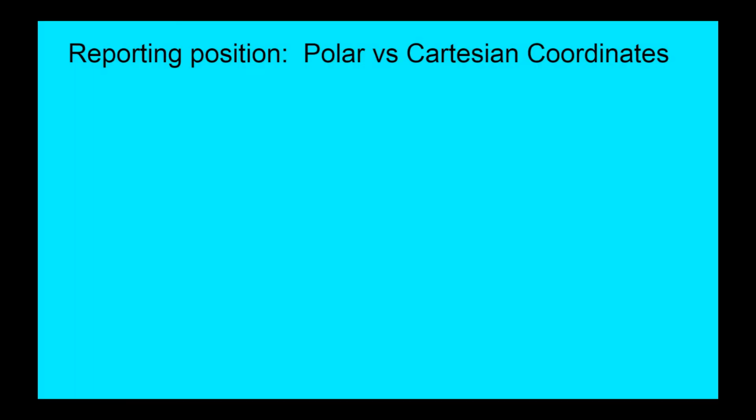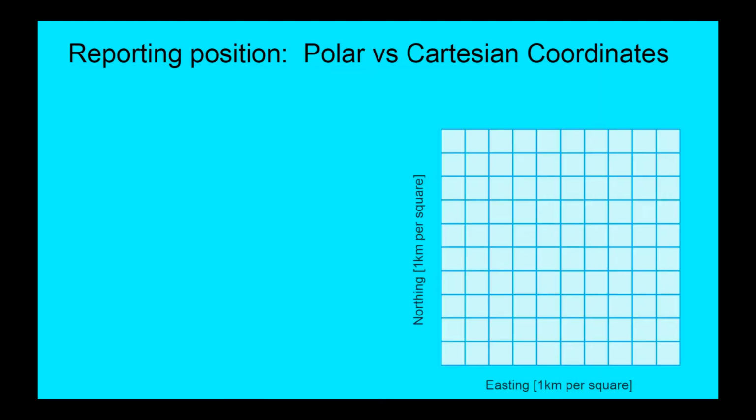Let's look at how we report our position. The difference between polar and Cartesian coordinates. You actually already know this. I'm just giving it a name. Let's say I have a map set up with northings on one side, eastings on another. You might say, why not north and east? Military grids, they like to call it northing and easting for some strange reason. And we have a person who goes on this rather bizarre walk